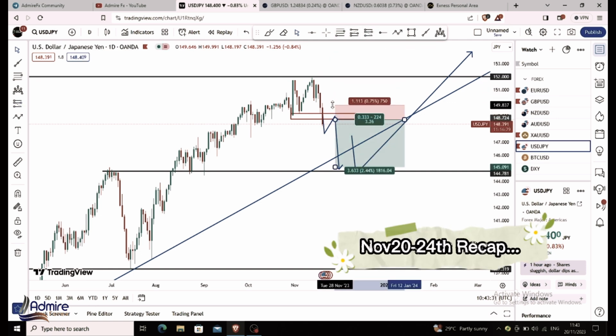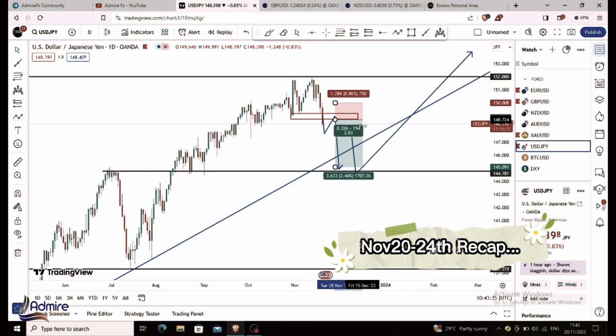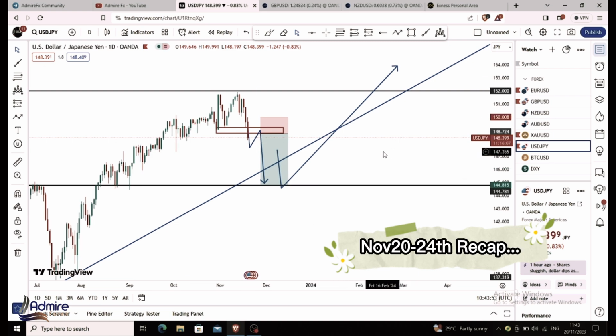All right, that's the meantime trend, but bear in mind that the actual trend for USD JPY is bullish. But for now, we'll be having some bearish retracement to this zone. Okay, so that's a very nice 1:3 for us. Then when price comes here, you leave the market and expect more bullish continuations. Then you can take the buys all the way to the upside.